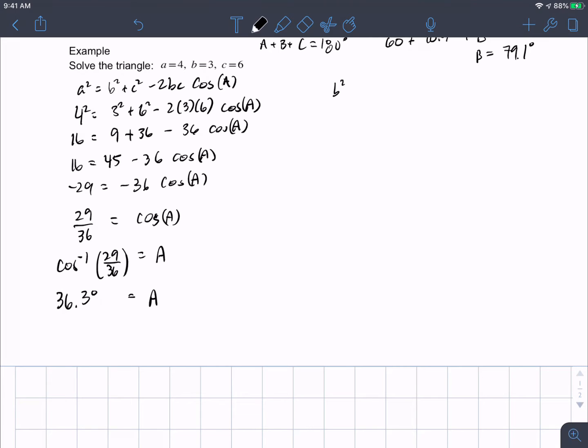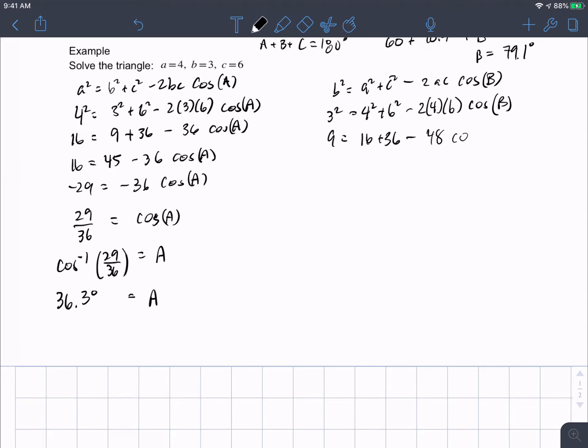And so I'm going to go B squared is equal to A squared plus C squared minus twice A times C cosine of angle B. And we're going to follow the same steps. So 3 squared is equal to 4 squared plus 6 squared. That should be a minus, my apologies. Minus 2 times 4 times 6 cosine of B. So 9 is equal to